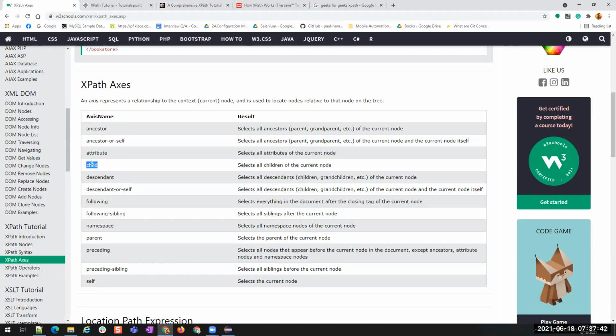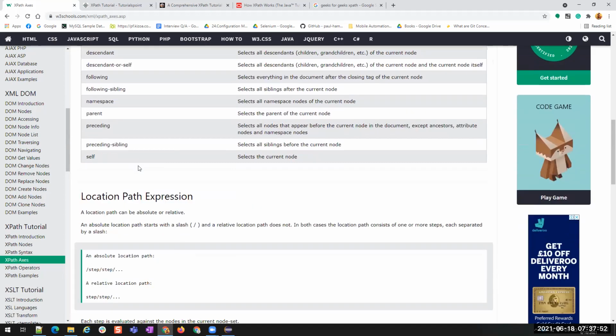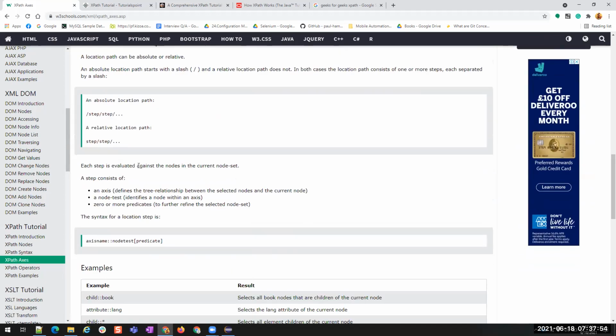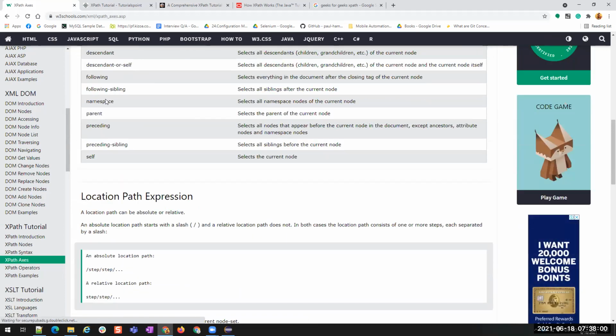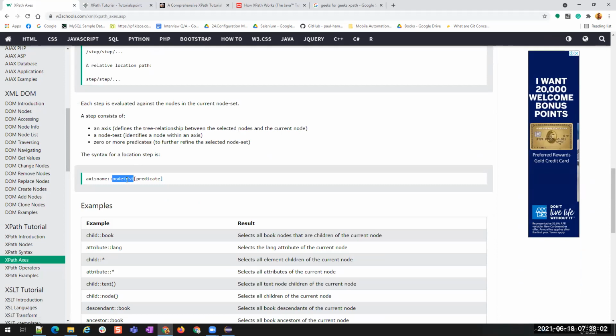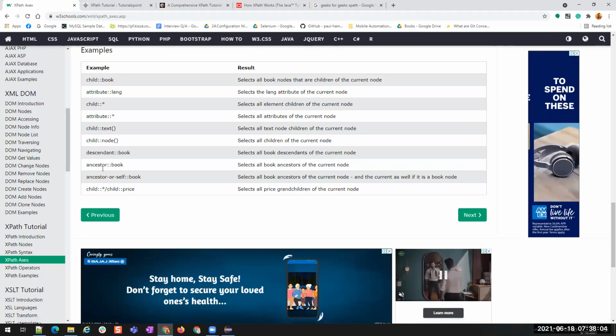Use a single slash, right? Single slash will find us all the children, right? Okay, and this is the syntax to use those axes or these methods. Samples here.